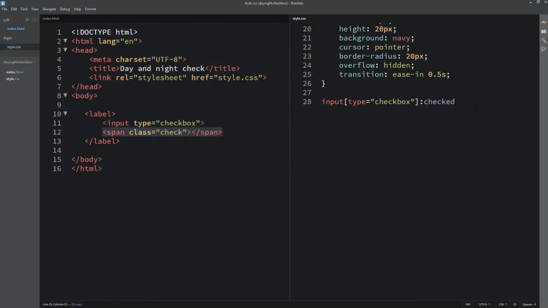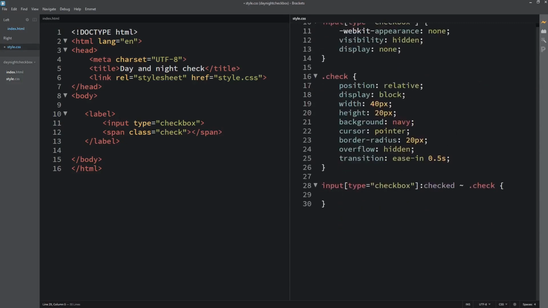So what we'll do, I'll use this tilde keyword here now. That means it targets every span with the check class that comes after this input. Maybe we try this one also.